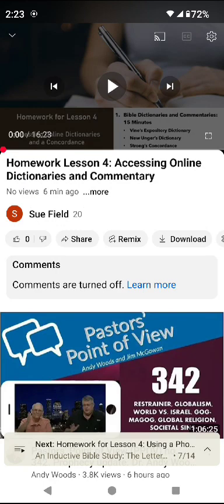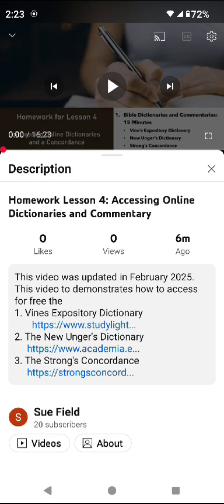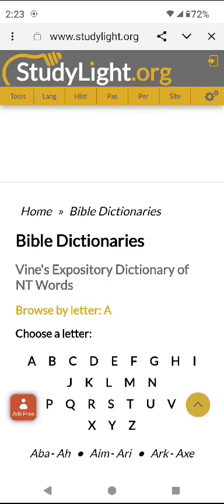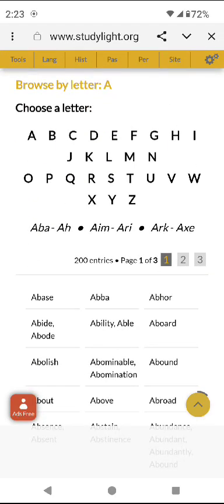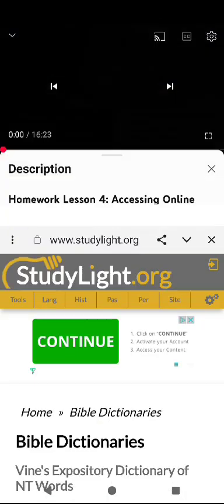And so I go to the More button, and now I can get my links to the Vines, New Ungers, and the Strong's Concordance. Vines is pretty much the same. You go to that and you do your thing. There's not too much difference in the Vines. I did want to show you, though, on the New Ungers,